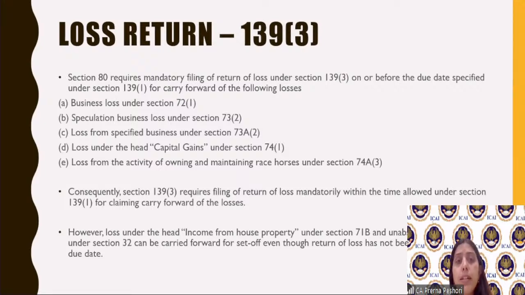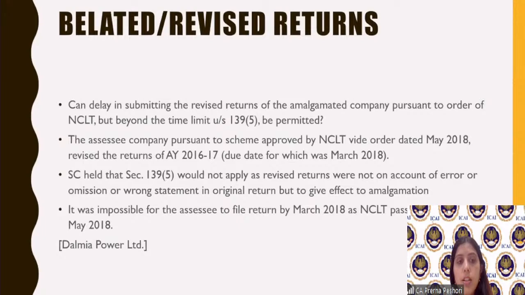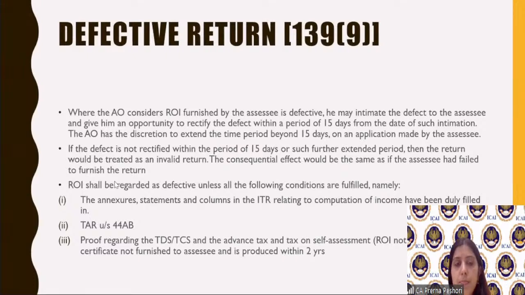Now there is a possibility that the return could be a defective return. What do we mean by the defective return? It is quite possible that the return of income can be said to be defective when certain columns in the return of income relating to the computation have not been filled in correctly,